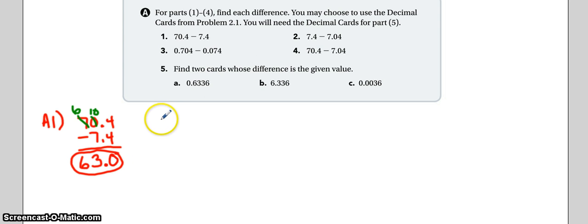We'll do the next one in black, and that way it kind of keeps the work separated. All right, we're going to do A3 this time, skipping around. Never hurt anybody. So right here, A3, 704 thousandths minus 74 thousandths. So they have the 0 in the ones place. We don't really need it, but we'll go ahead and keep it just so you guys can see there. So keeping the first number there,